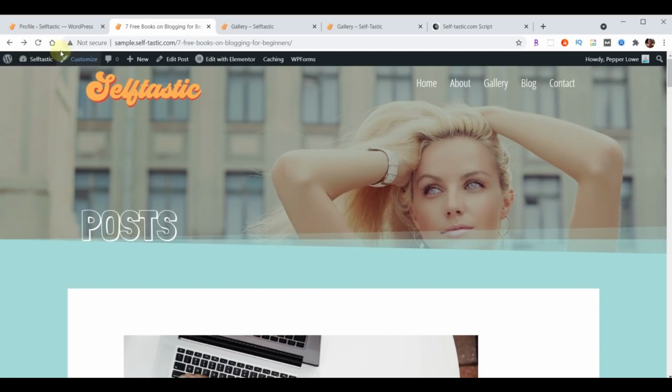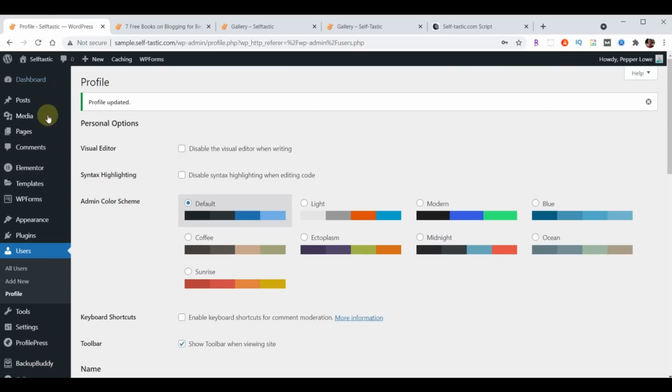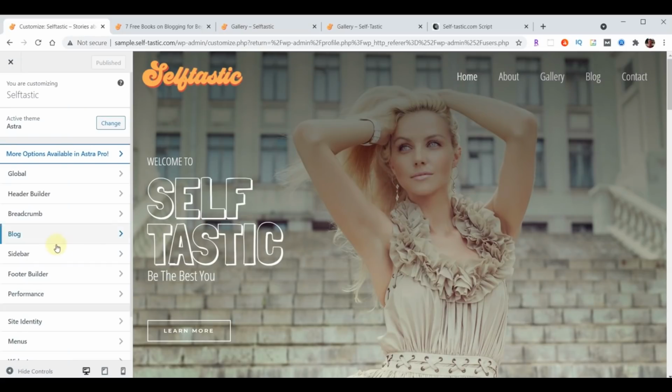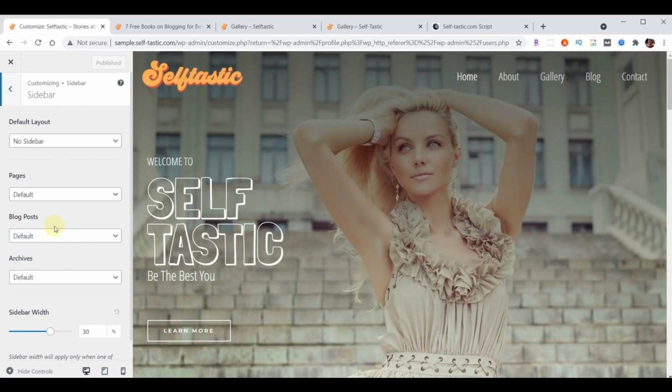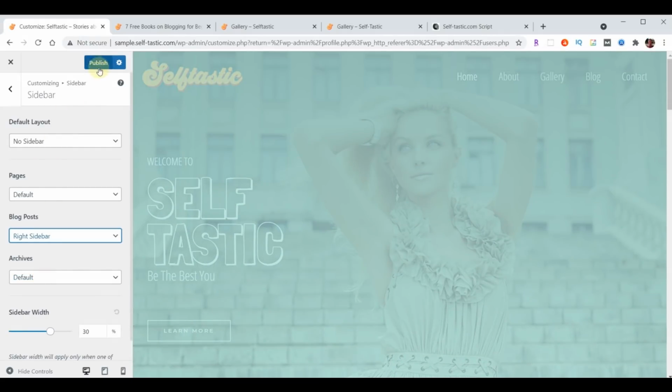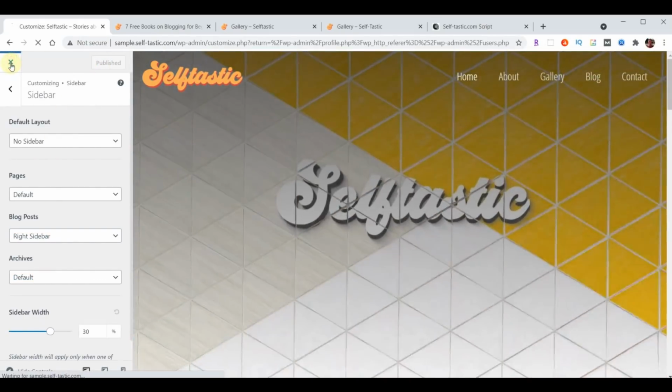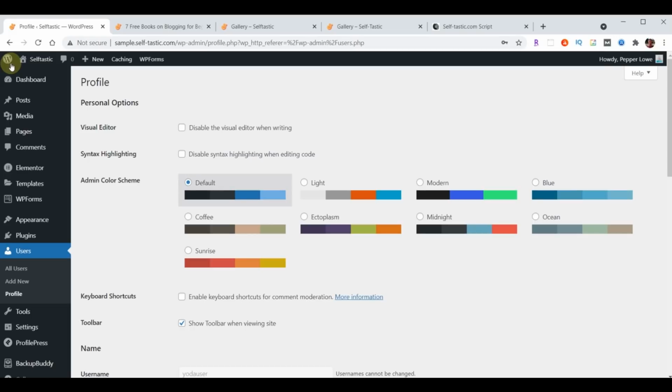So we're going to go back to our WordPress. We're going to go to Appearance, Customize. We'll choose Sidebar. Under Blog Post, we'll choose Right Sidebar. We'll hit Publish, and then we can close out of that. Now we want to customize our sidebar. To do that, we're going to go to Appearance,